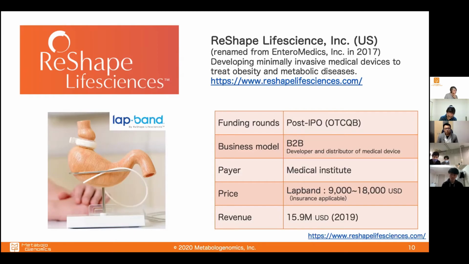And of course, the reason they're providing this device not directly to the customer is that, to place this device into people's stomachs, a specialist surgeon is required. And of course, the number and scale of surgeons is uncontrollable by the company. So that is a little bit of a difficult point of this business, I presume, but still they're making not bad results and getting some revenues.